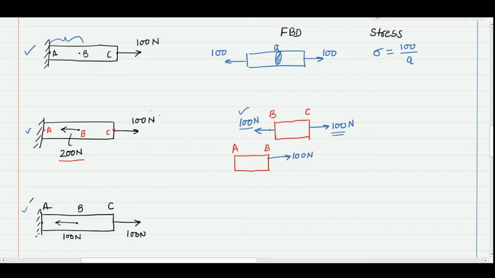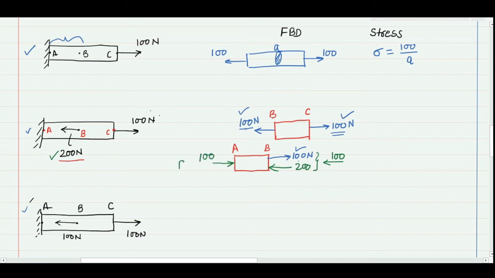So conventionally, I will make 100 Newton here, which is there because of this 100 Newton. And after putting this, I make a second 100 Newton, and these two will be of equal magnitude. Once I make this, now I have to see, is there any other force here? Yes, it is there. This is 200 Newton acting at point B towards the left. So I will put this 200 Newton now. We can make an equivalent force by doing the algebraic sum of these two forces, and I will get a net force of 100 Newton acting towards the left. By looking at this 100 Newton, we can apply an equal and opposite force here, and that will be 100 Newton acting towards the right direction.